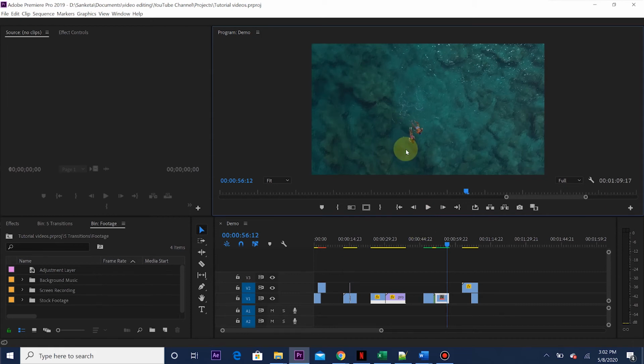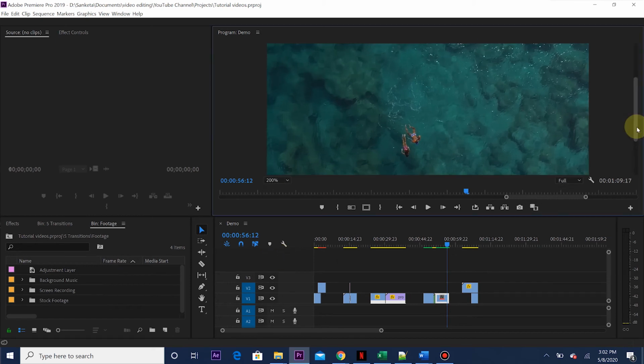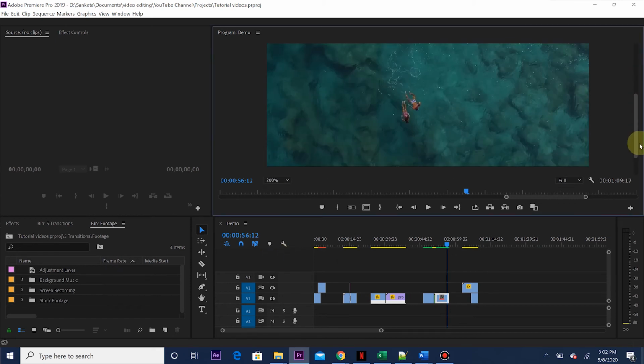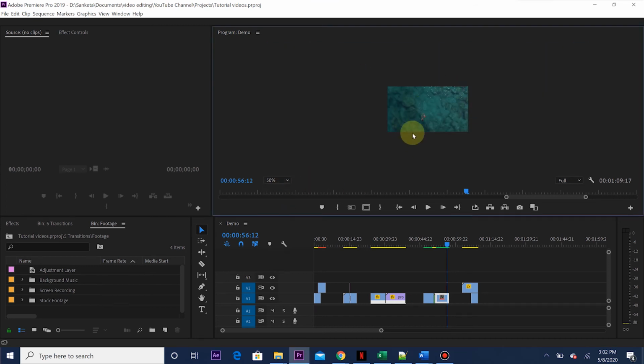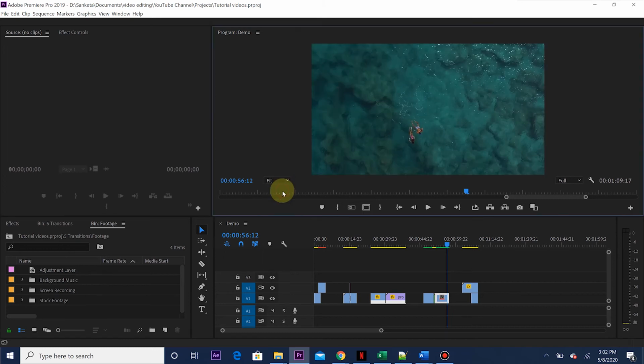So if you want to zoom in on the Program Monitor, you usually go here and select the zoom level like 200% and then scroll up and down. And if you want to zoom out, you will select 25% or 50% and then again you will select the fit, right? But now if you are using Premiere Pro's 2019 version, then you actually can assign keyboard shortcuts for